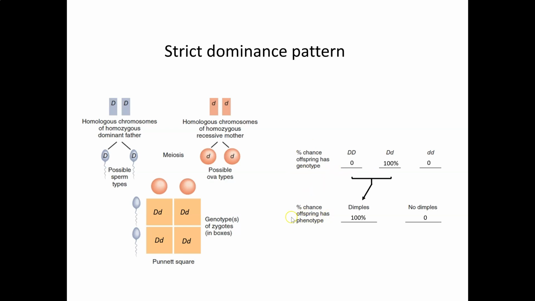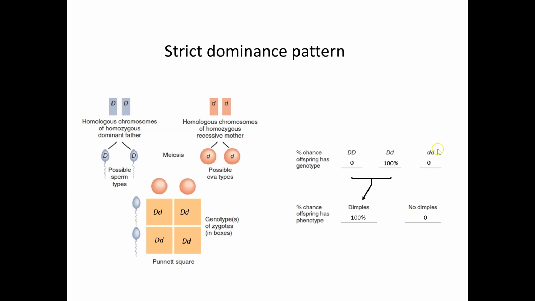If you look at the phenotype, because dimple or no dimple is a strict dominance pattern, if it has a capital D, it will have a dimple. It doesn't matter whether it's heterozygous or homozygous. The heterozygous is going to behave phenotypically the same as homozygous capital D. So phenotypically, all of the offspring are going to have dimples, because all of them are heterozygous. Then how about no dimples? Well, that's 0, because no dimples only presents if the genotype is